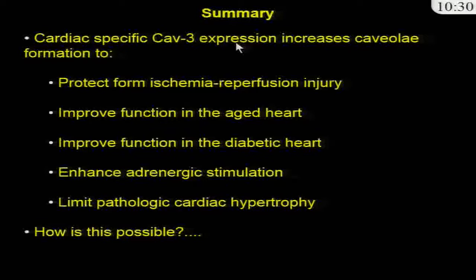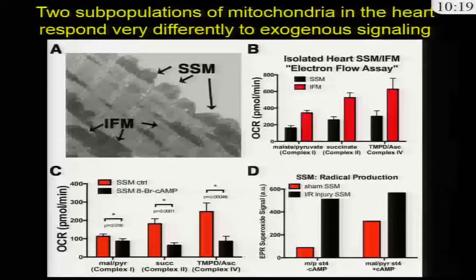So, in summary of this part of the talk, we see that this heart-specific caveolin 3 expression adapts to a lot of variety of stressors. And so the question becomes, how is this possible at the mechanistic and molecular level? Rong talked about mitochondria in the myocardium. What becomes interesting if you look at even further detail within a cardiac myocyte and the heart structure itself is